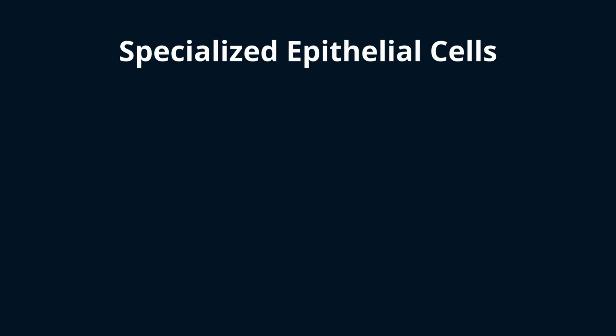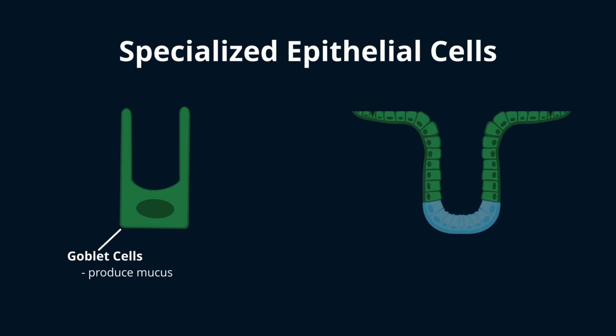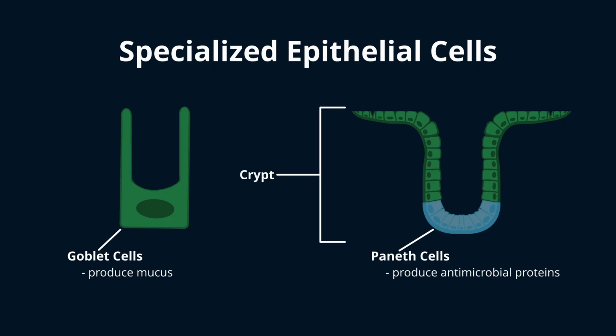Internal epithelia can have goblet cells, which produce the mucus that coats the epithelial surface. The gastrointestinal tract can have Paneth cells, which are specialized cells that line the bottom of deep intestinal ridges called crypts. These cells produce antimicrobial proteins to fight off pathogens. Altogether, this allows us to have a variety of epithelia with varying properties to serve the needs of all the